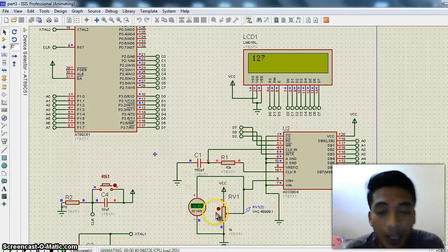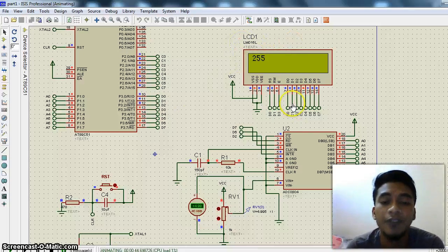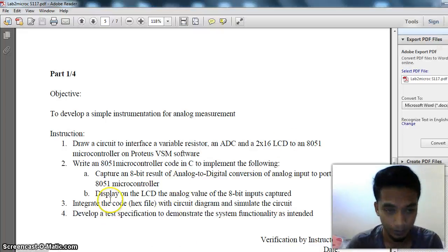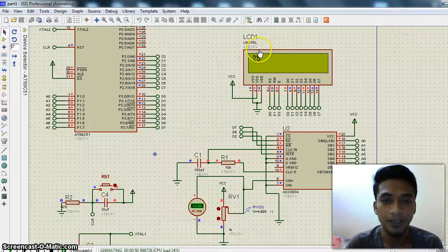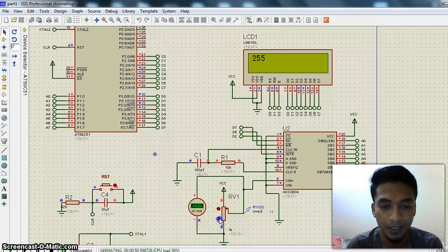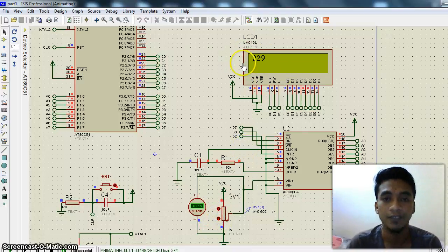So if I increase the variable resistor to a very high value, you will see the display shows 255, which means it is at the high bit position. So the value of the 8-bit analog input is 255, and it changes from 0 up to 255.